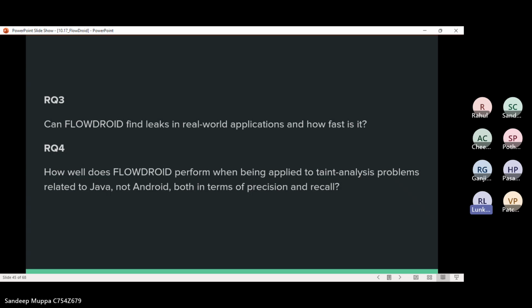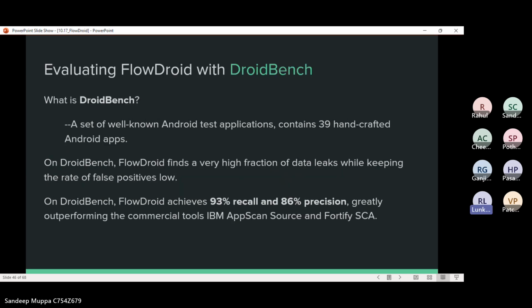When we say precision, it's the percentage of your results which are relevant to what is required. So based on these four questions,